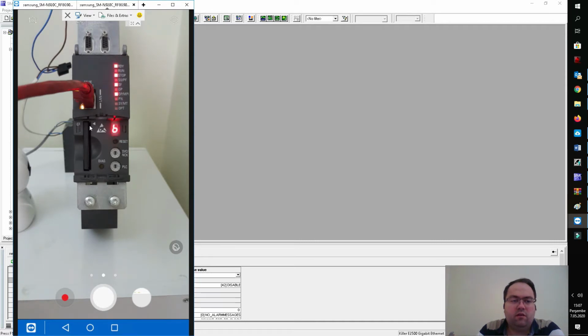The CF card with some firmware version is inserted in our CPU. As you know, there's a 7-segment display in your commissioning and maintenance manual. You can examine in more detail the meaning of the codes.